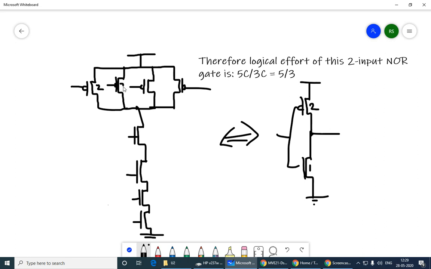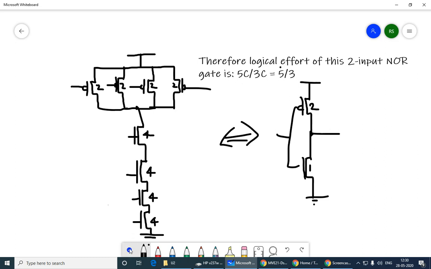2 2 2 2. Now here 4 transistors together it should equal one single NMOS transistor of size 1 or resistance R, which means each transistor should have R by 4, or equivalently the W by L, if I put 4, I will get a resistance of R by 4. So 4, 4, 4, 4. Now we have our gate, which is a 4 input NAND gate, and the equivalent inverter is the unit inverter.